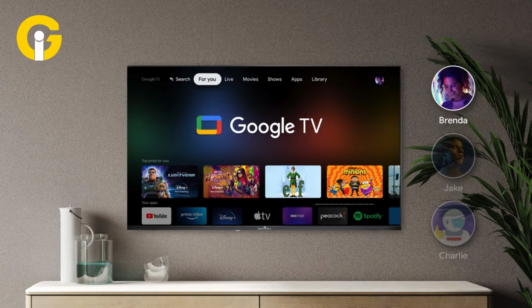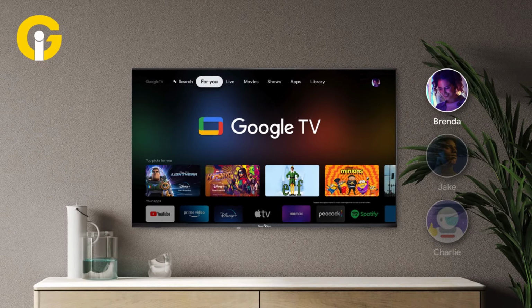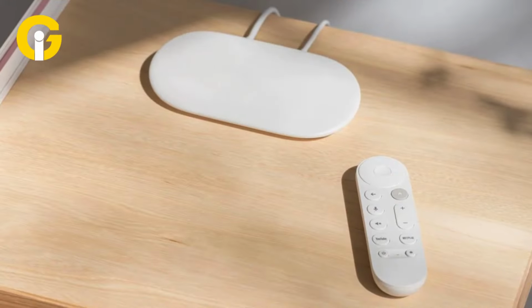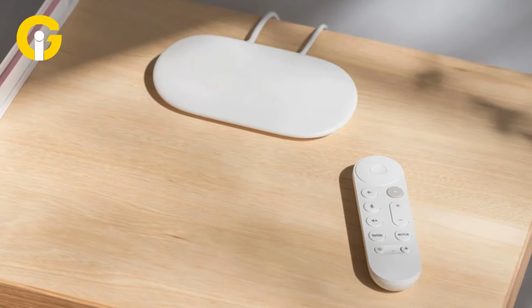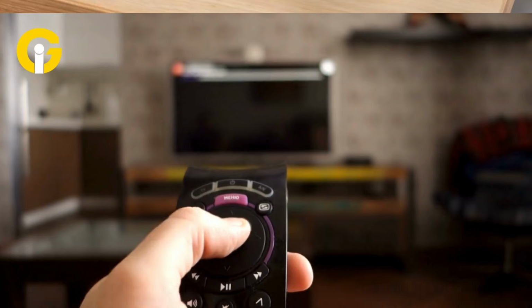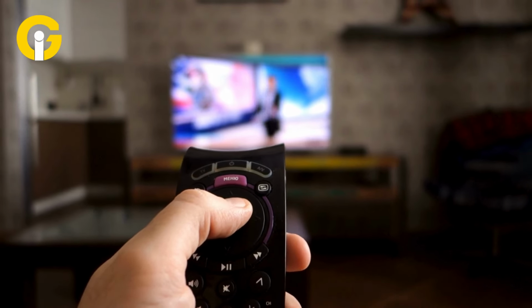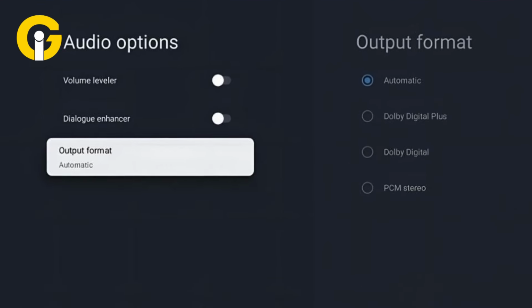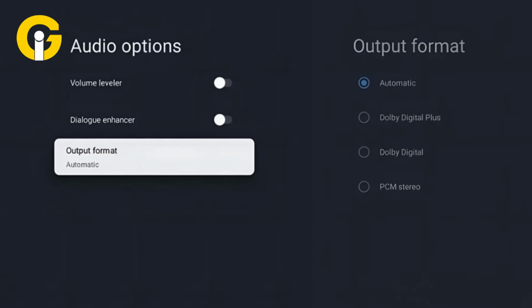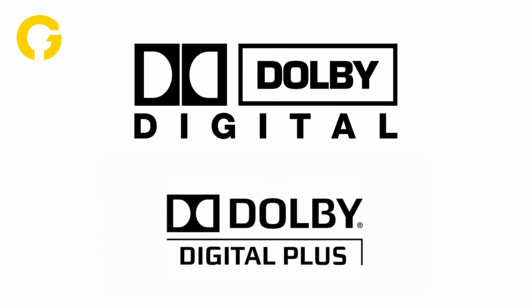Google TV Streamer now supports manual audio output format selection. Google has rolled out a significant update for the Google TV Streamer just 2 months after its launch, allowing users to manually select audio output formats, including Dolby formats. This new update adds an output format section under the Audio Options menu, allowing users to choose from Dolby Digital